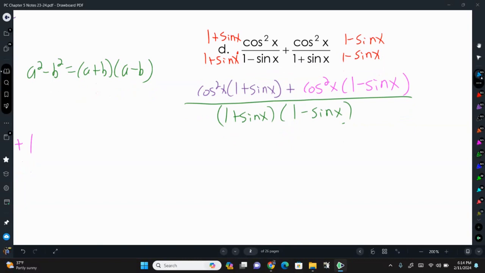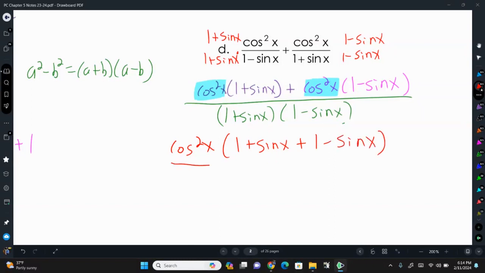The numerator, I can factor out a cosine squared from both of these terms. This has a cosine squared. This has a cosine squared. So we have cosine squared of x, and then in parentheses 1 plus sine x plus 1 minus sine x,